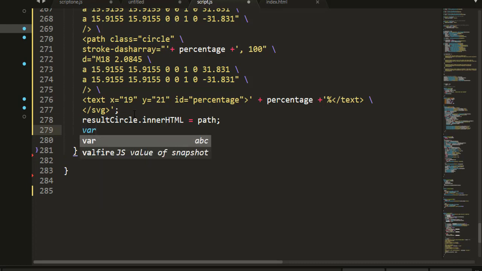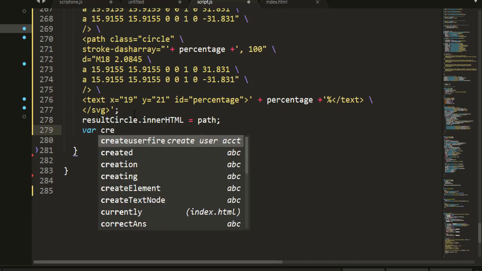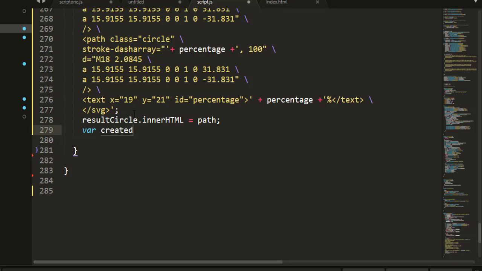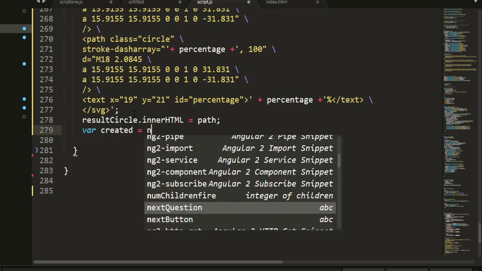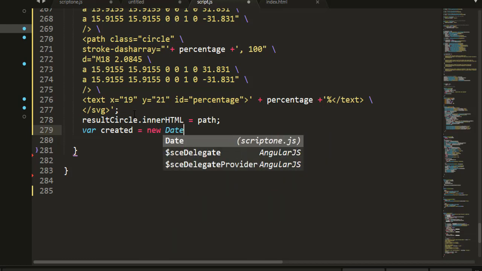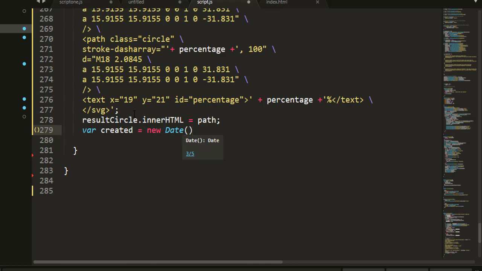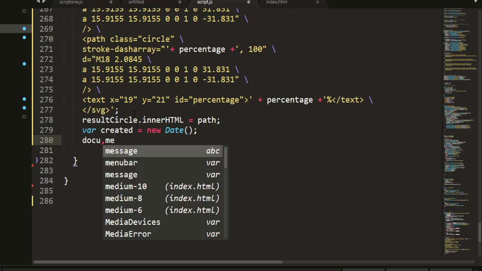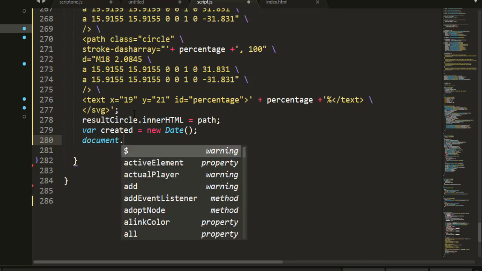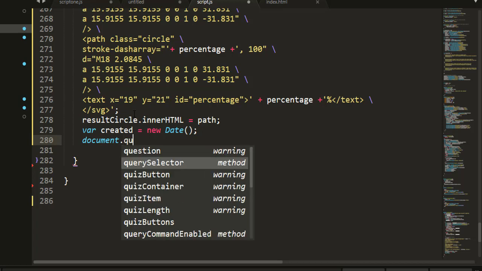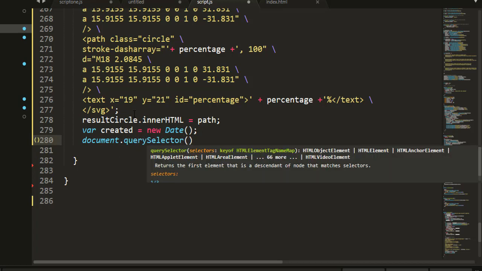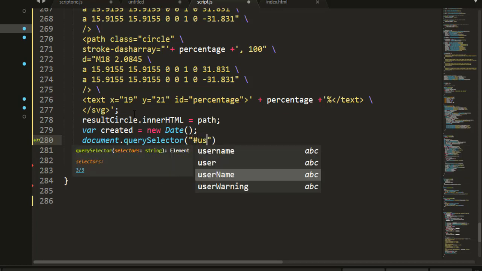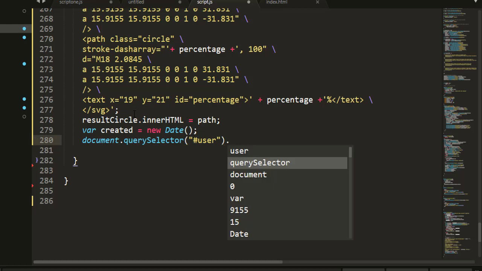Let's create a variable, let's use created here. Created is equal to new Date. So then inside what we want to display it, we're going to say document.querySelector. Then what's the ID for that? That's the user. Okay, the ID for it is user. Then we want to say .innerHTML